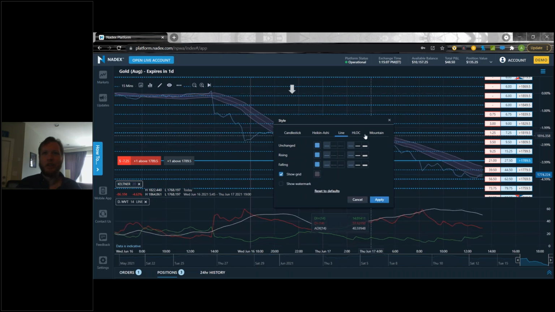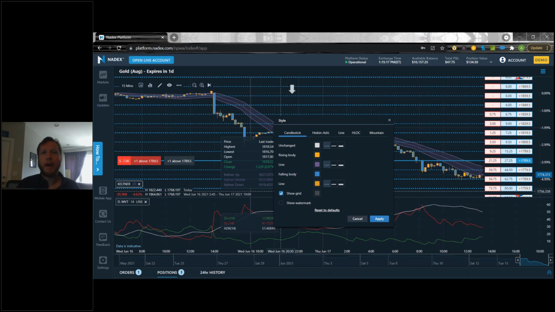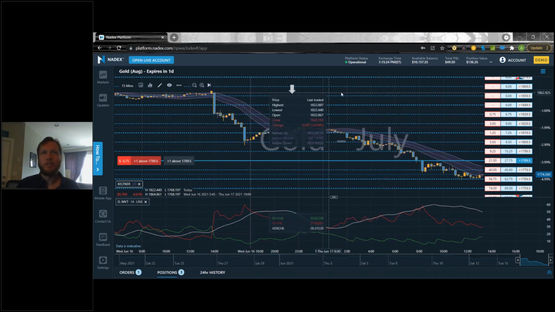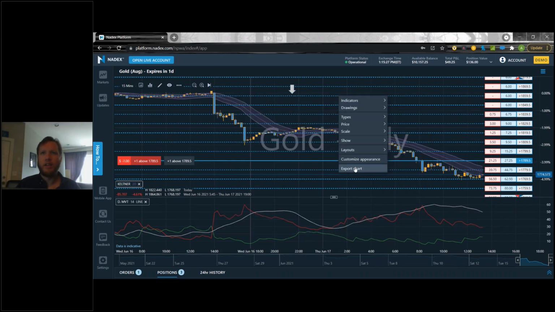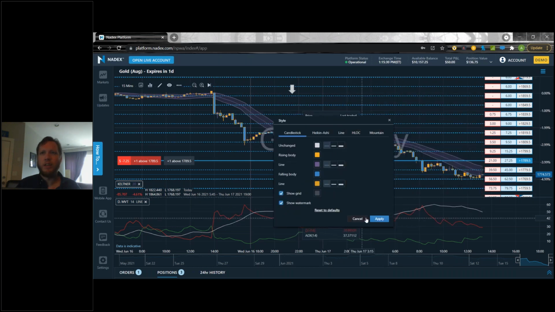You can change it for each one of these as well. You can change how thick the lines are. You can also show the grid, so see that grid in the background as I toggle that on and off. And you can also show the watermark. I have the watermark here. It tells me that it's the gold contract, and I can also turn that off or reset that to default.